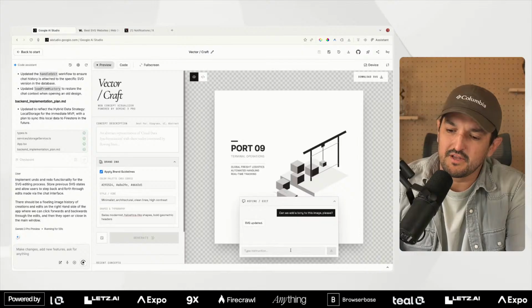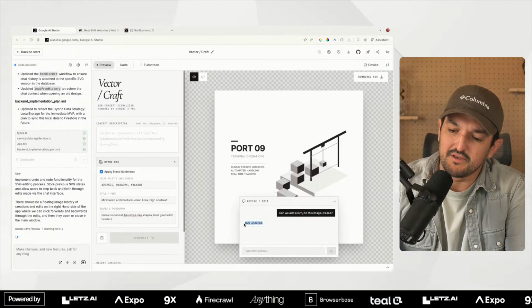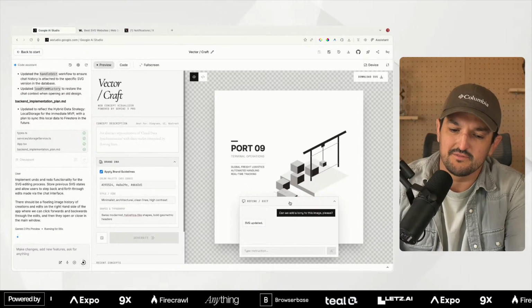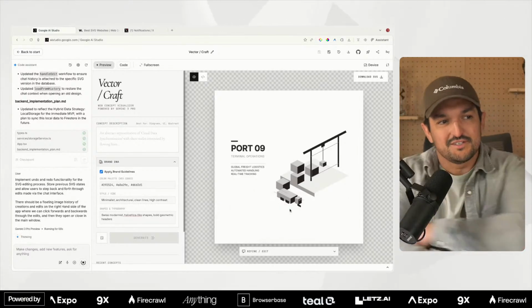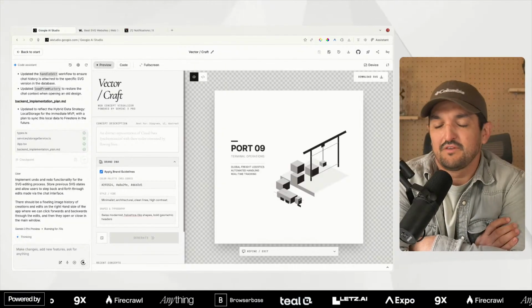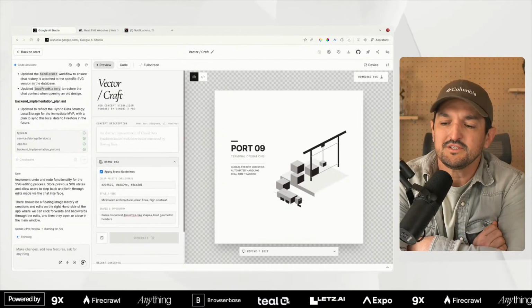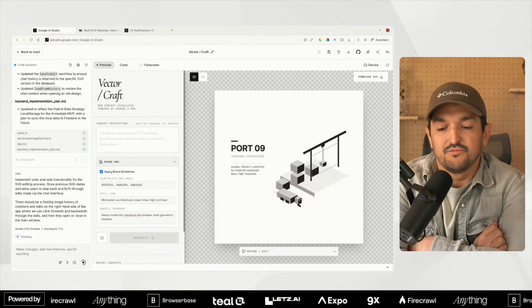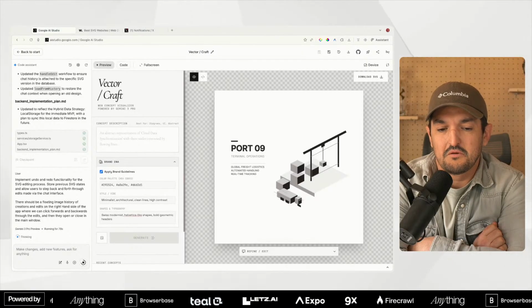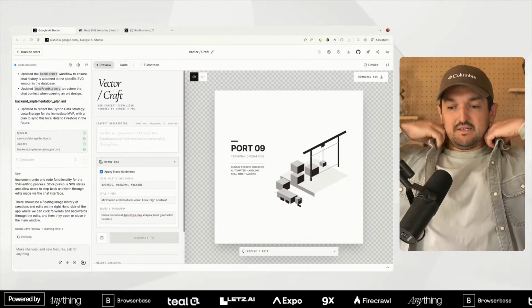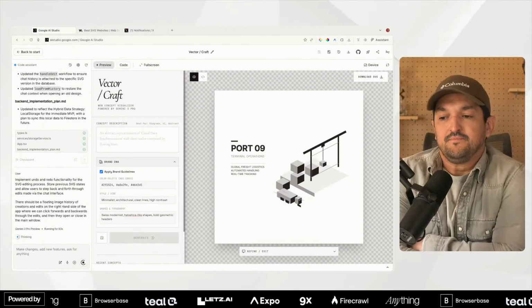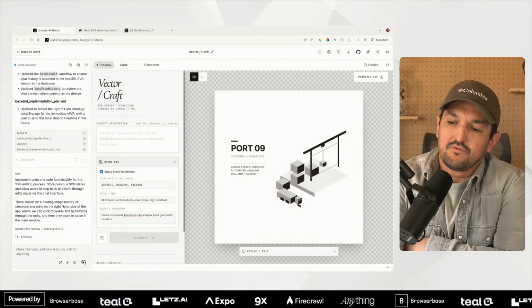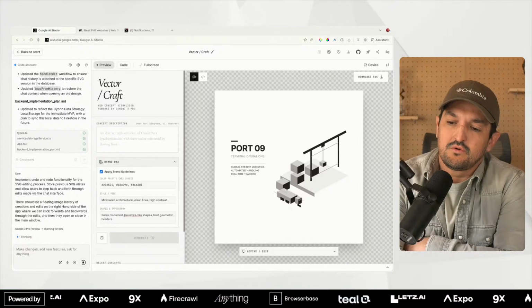Okay, so this refined edit is pretty good. SVG updated. Maybe we want to add some personality to this. We could even do voice. You can have a voice controlled SVG editor. I wonder if you can actually see it being edited in real time. We should be able to change the aspect ratio to,